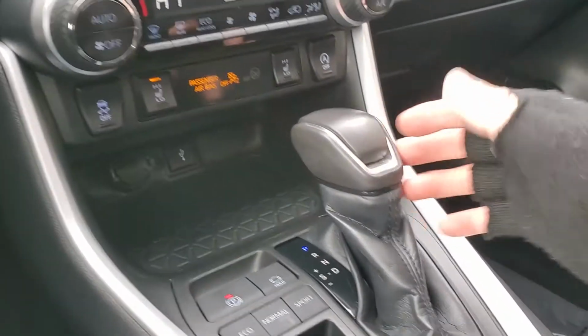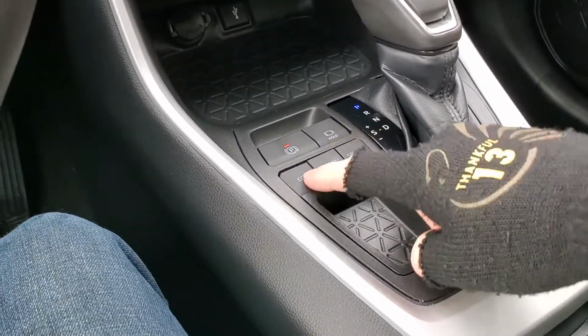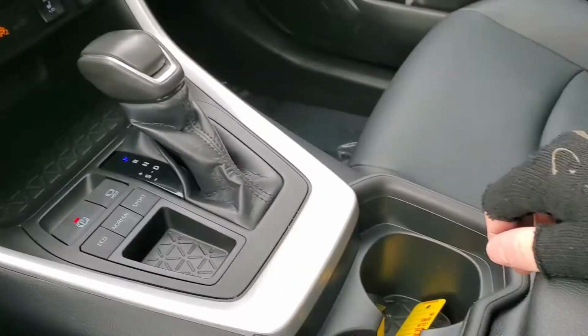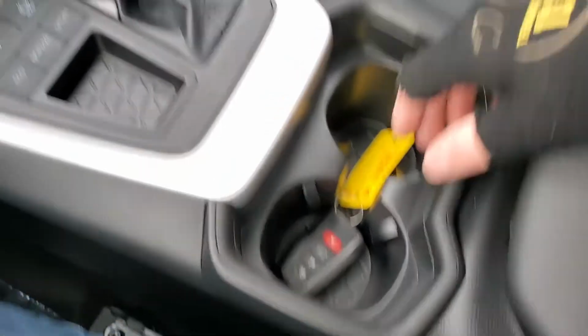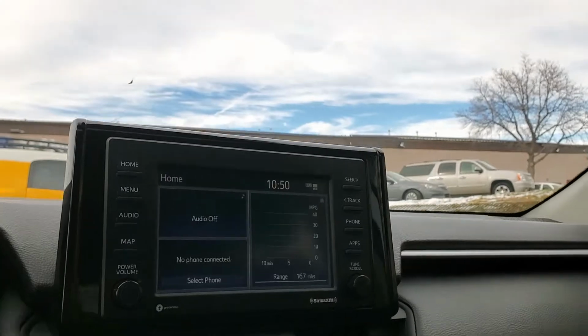And there's your shifter, park brake. There's eco, normal, and sport modes. Okay, and then here's your key fob, cup holders, and then you have two additional USB ports right there. Glove compartment, and then right here